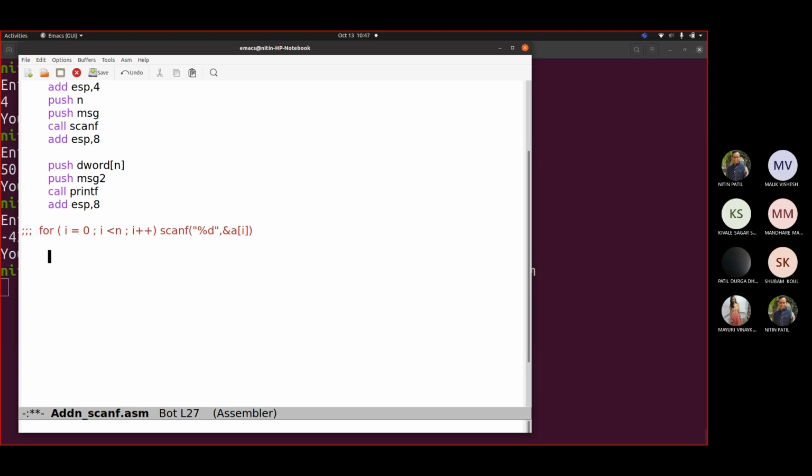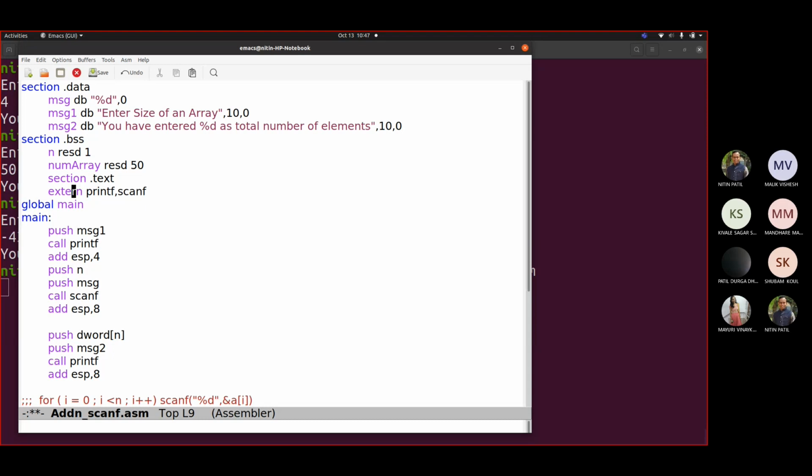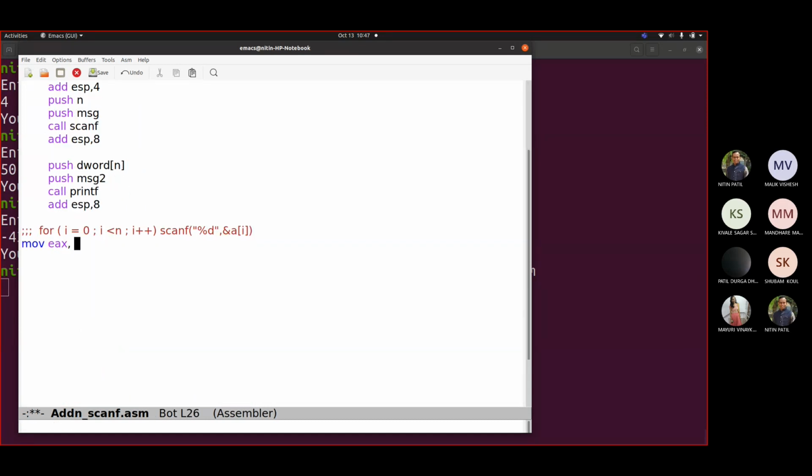Now we have to write this. When we are referring to this index, actually this index is incremented by 1. But when I calculate this address, plus 4 is always done there. So we have to do that. Fine. So now let me write mov ecx, 4. Okay. Let us first move the address. So mov ex. Now where is your array? We have declared this num array where we want to fetch the values. So num array.